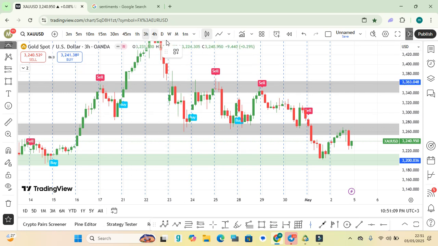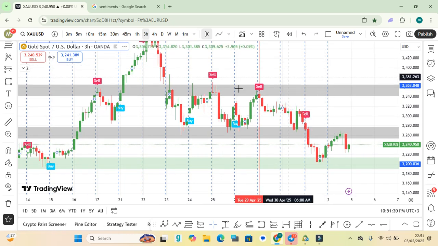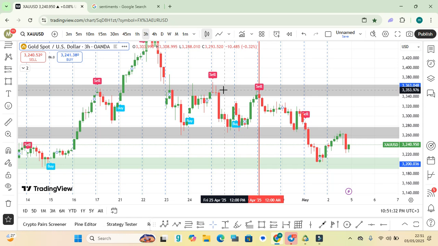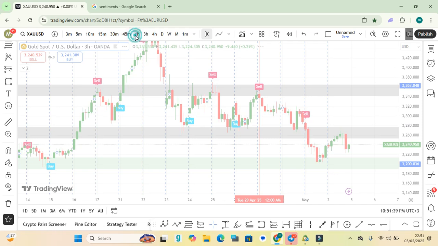So let's, for instance, say that I don't have these zones, right? So I got a sell arrow here at this level, right? So I cannot enter directly. It doesn't matter if I can see this is a strong level, but who knows that we are not going to break above it. So fine, I have to refine them. I have to refine this level. I have to refine this. So I go to lower time frame, that is H1,